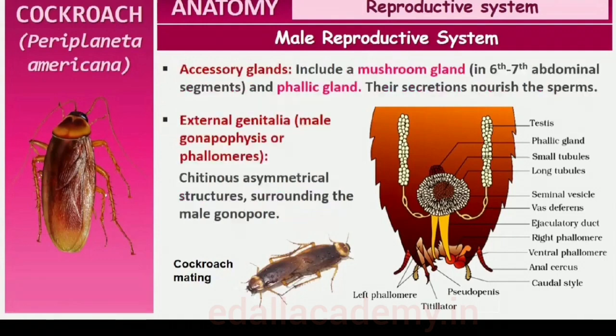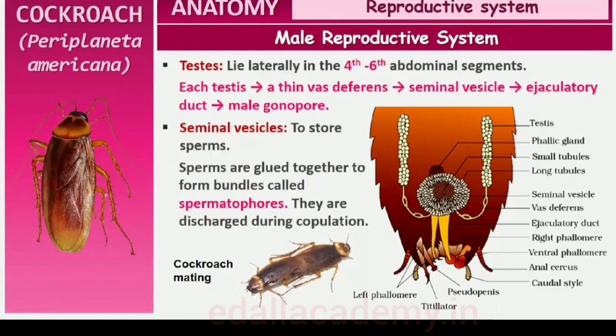A characteristic mushroom-shaped gland is present in the 6th-7th abdominal segments, which functions as an accessory reproductive gland. The external genitalia are represented by male gonapophysis or phallomere, chitinous asymmetrical structures surrounding the male gonopore. The sperms are stored in the seminal vesicles and are glued together in the form of bundles called spermatophores, which